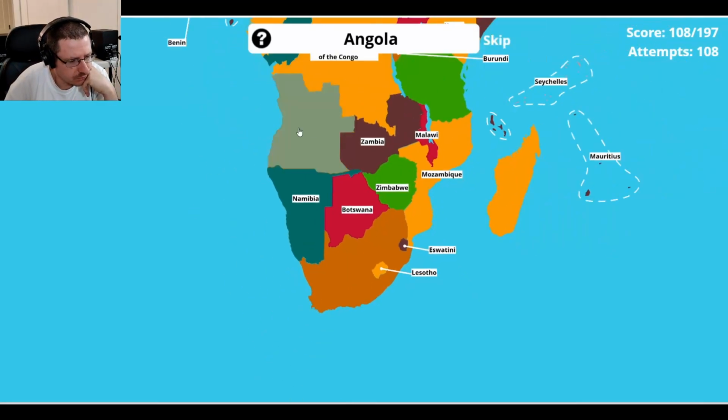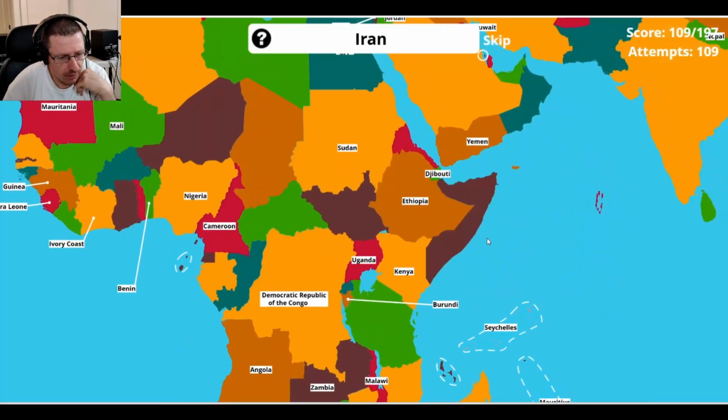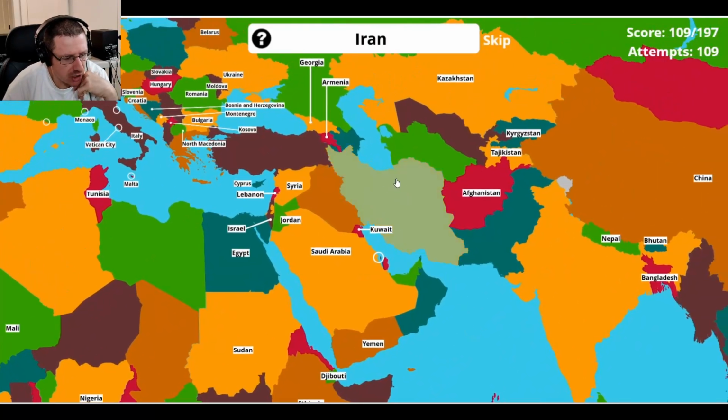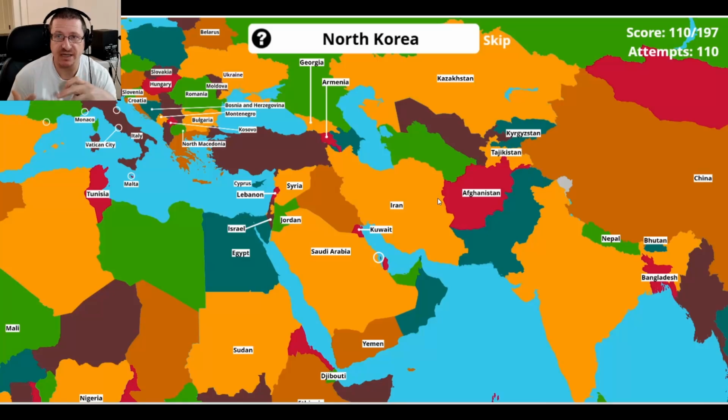Angola is right here. Its main export is oil. Like 90% of its export is oil. Iran is a huge chunk in the Middle East right here. Iran. So, yep. 90% of the world's saffron is produced in Iran. And saffron is the most expensive spice in the world. It's like from the saffron flower or something like that. It's like this long, tedious process to get this spice from that flower.